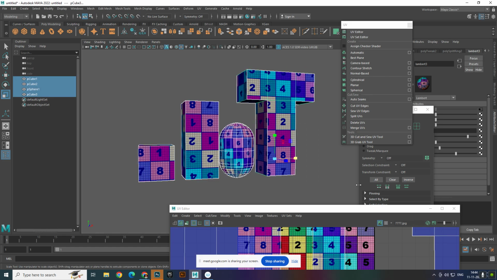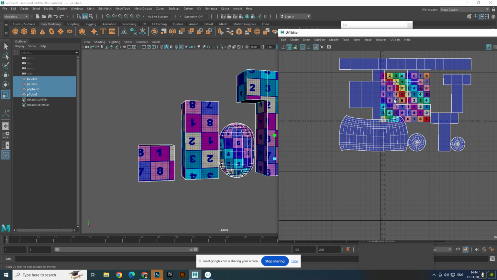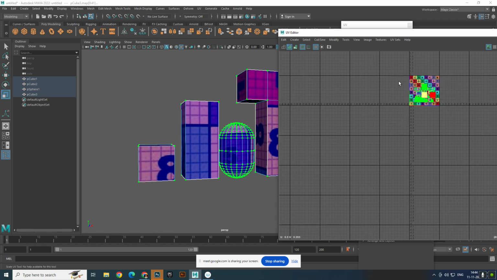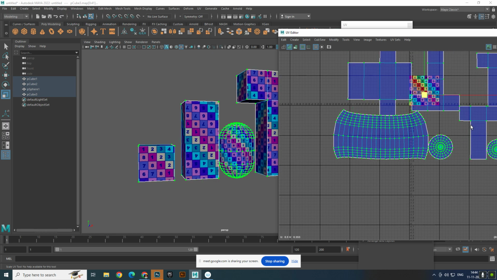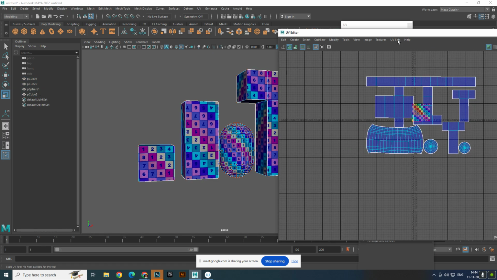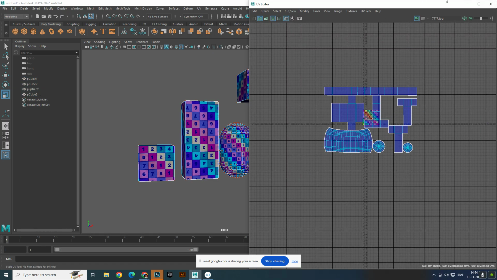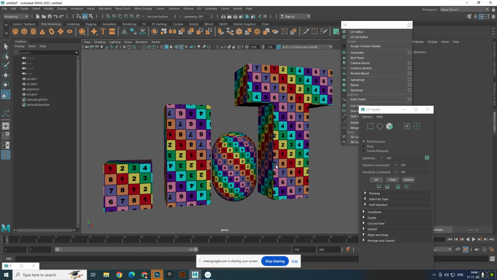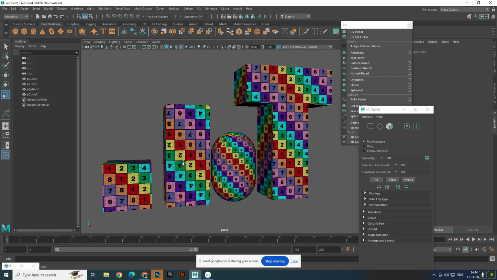Any doubts? You make it bigger, you make your UV smaller, everything is in your control. Any doubts? This is UV basics, so I want you to do a clean and neat UV. Okay, first try to understand one small object, make a UV, understand the UV layout and how